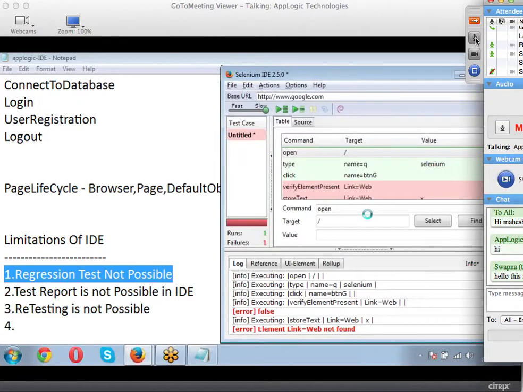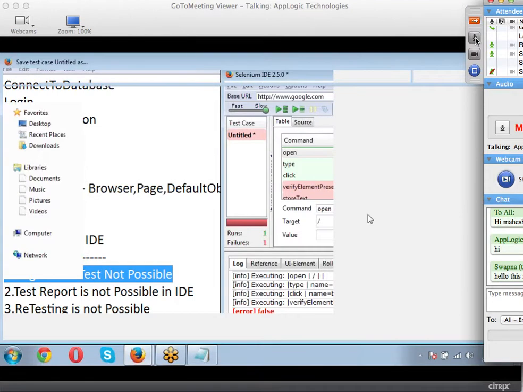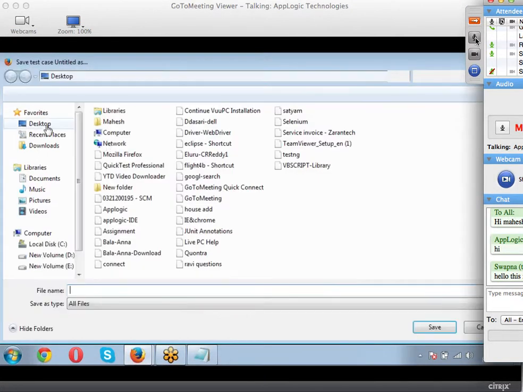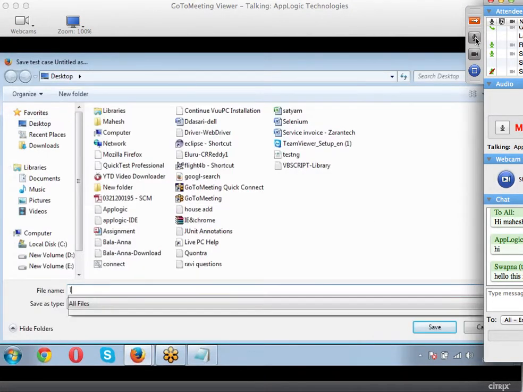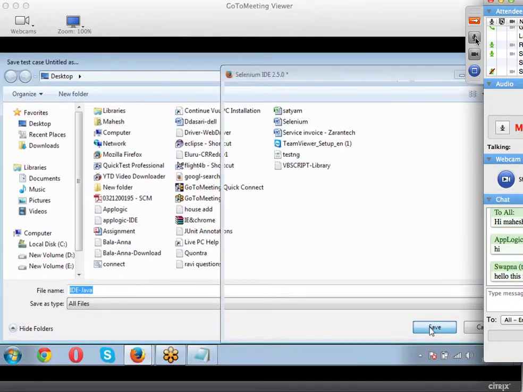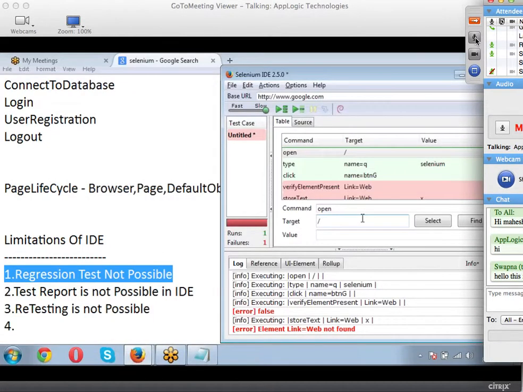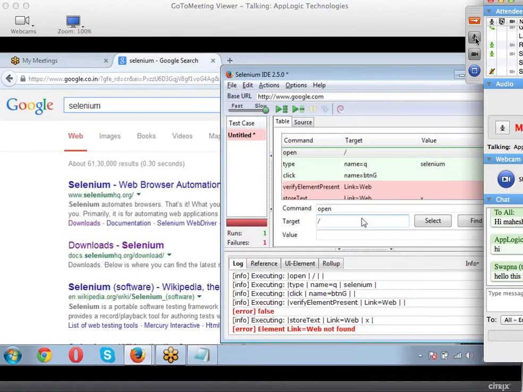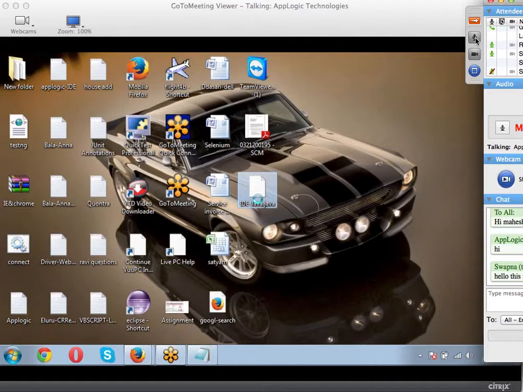Now, if I select Java JUnit for remote control or JUnit for WebDriver, it directly asks me for a location where to save the code. See, I'm just saving it on my desktop. I'll name it IDE Java. Click on save. I'll go back to my desktop. Here is my IDE.java. I'll right click on it. I would like to edit with Notepad, and see the code snippets it generated.